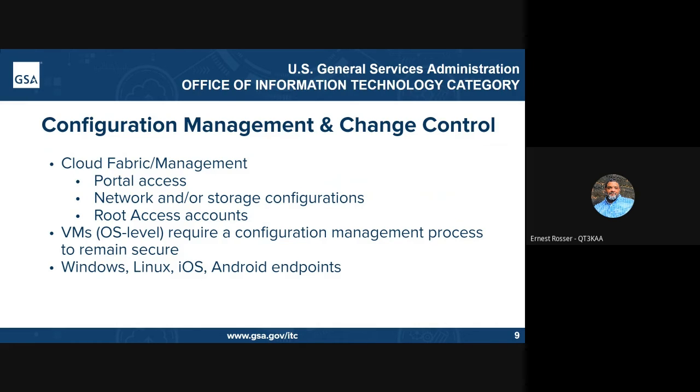Changes should be documented and tested to iron out possible impacts or to verify rollback strategies are viable and reduces downtime. Change control impacts all of the below items identified in this presentation. You need to understand your configuration management process to support your cloud fabric structure, which is your entire networking architecture for infrastructure as a service, your platform as a service, or your access into the software as a service environment.